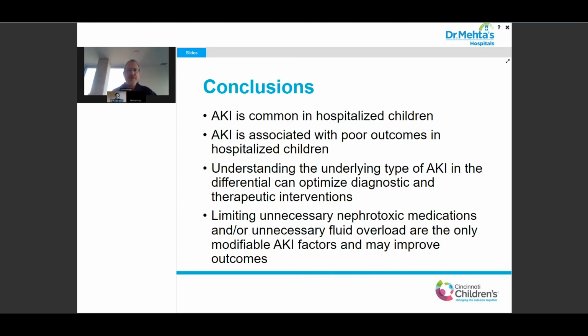So in conclusion, acute kidney injury is common in hospitalized children. It is associated with poor outcomes in hospitalized children. Understanding the type of AKI in the differential, functional versus structural, can optimize diagnostic and therapeutic intervention. And finally, limiting unnecessary nephrotoxic medications and or unnecessary fluid overload are the only modifiable AKI risk factors we have